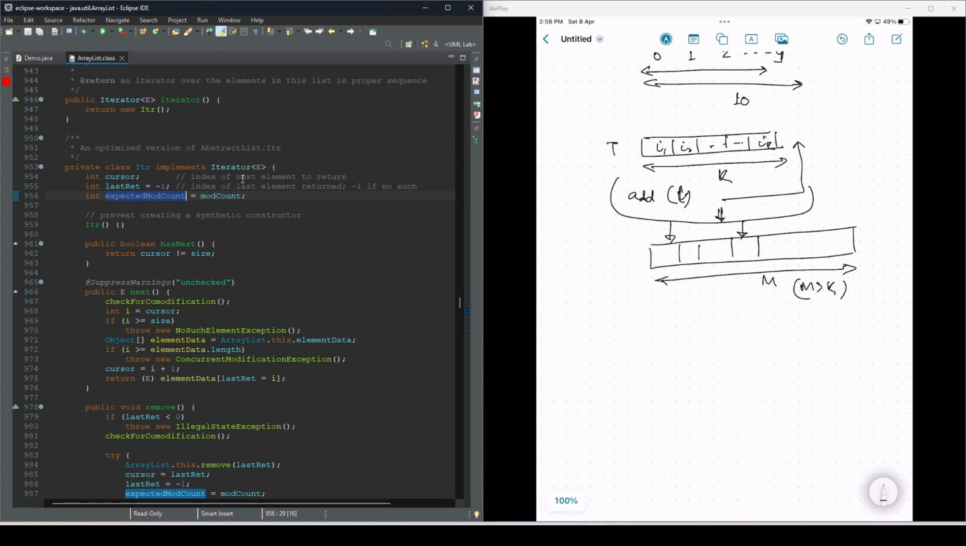To iterate the array list, to iterate all the elements, we often use iterator. To get an iterator, we can call the iterator method that will return a new iterator over ArrayList. Now,